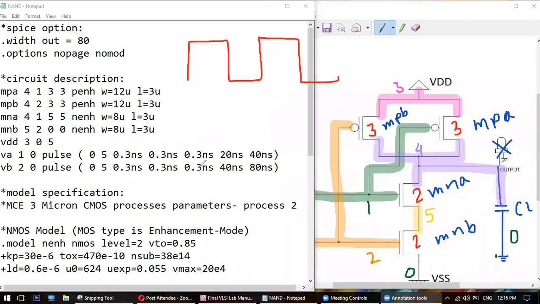Now, if the VB is also 20-40, it will be like this: 1, 0, 1, 0. Right? If it is also 20-40, it will be exactly like this. Now, what are the states that we are seeing here? We are seeing 1, 1 or 0, 0.